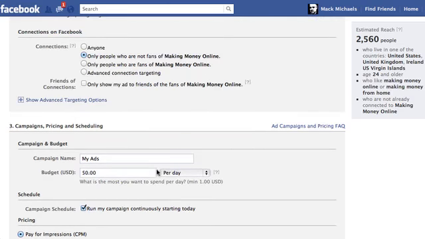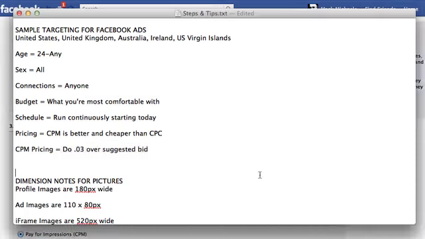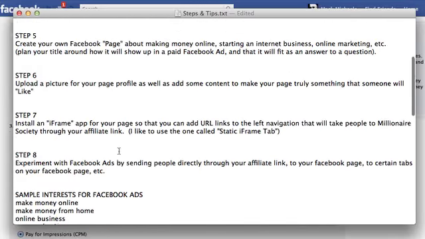So anyway, that's how you do Facebook ads. If we go back to the steps and tips, you'll notice that concludes all the steps and tips I have for Facebook. Now, hopefully